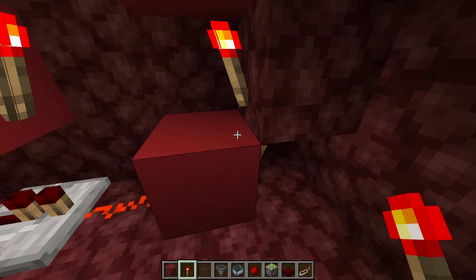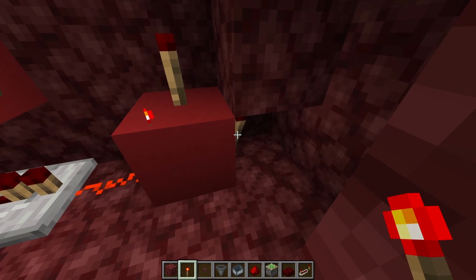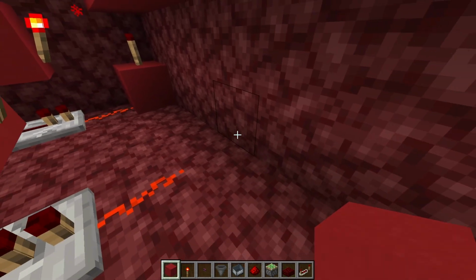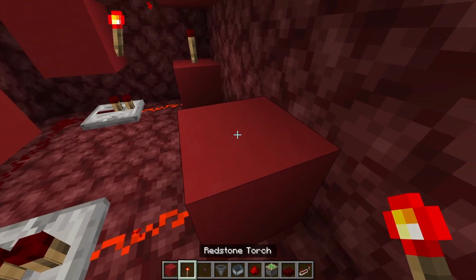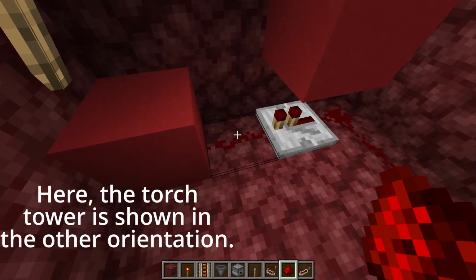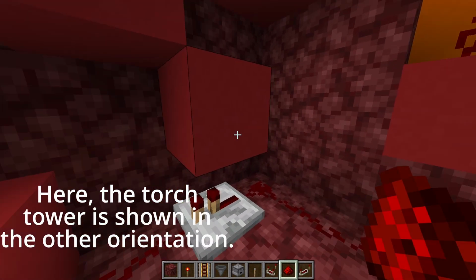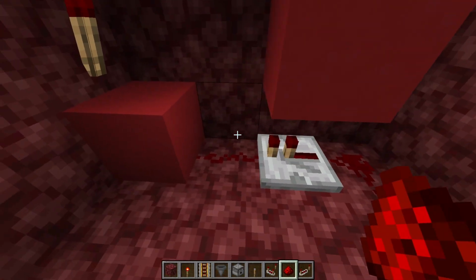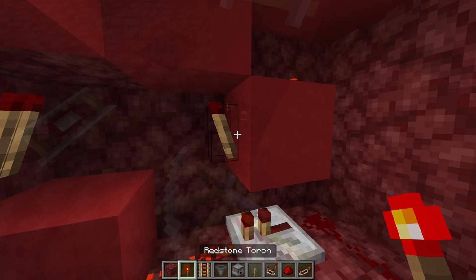But in this orientation, we just need to place 1 redstone torch right there. Now go ahead and place your proper redstone torch placement all the way down the line like so. Go ahead and make sure that you have a redstone dust right here. And then what you're also going to do is place a redstone dust on top of each one of these solid blocks and a redstone torch